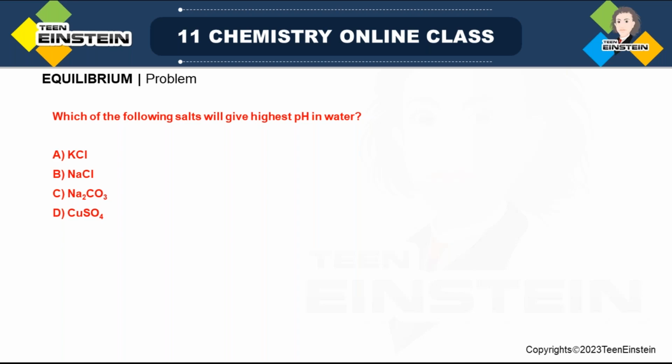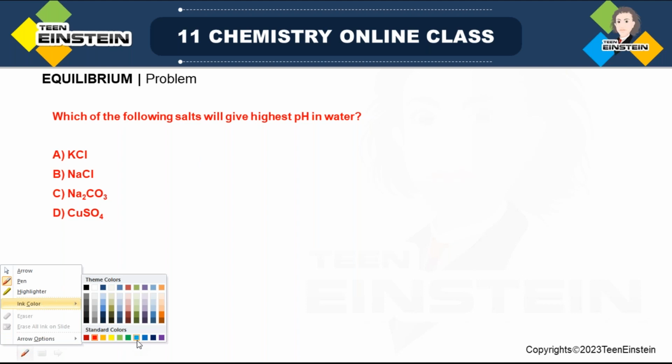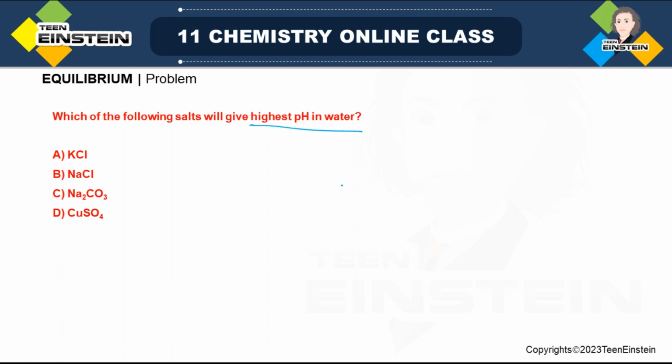Now we have a problem. Which of the following salts will give the maximum, that is the highest, pH in water? Now highest pH means what? You have to find in which case a basic solution will be produced. Here we have a total of four salts given in options A, B, C, D. If you want to know what the nature of the solution will be, basic or acidic, when you take these salts in water,